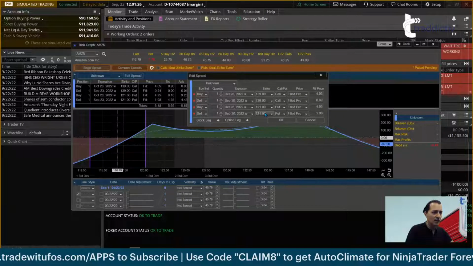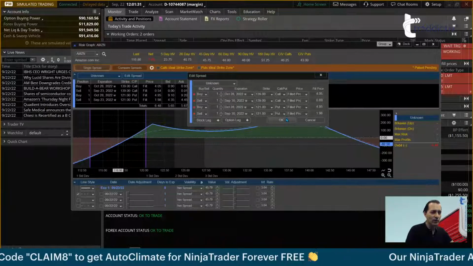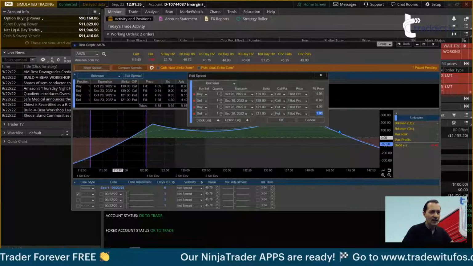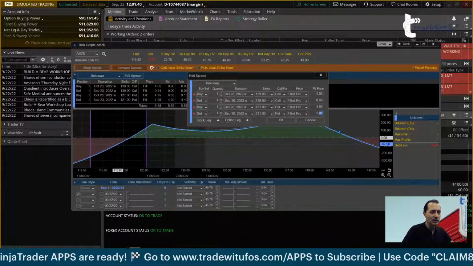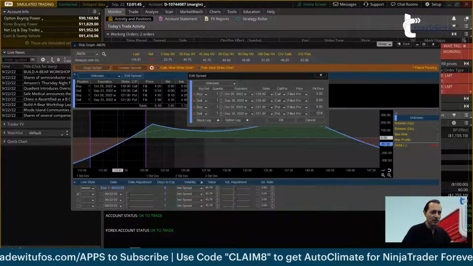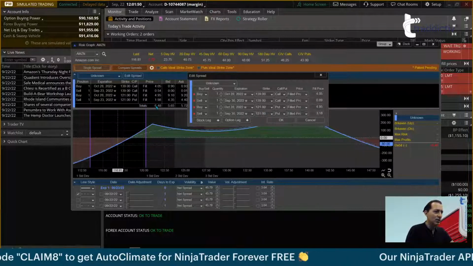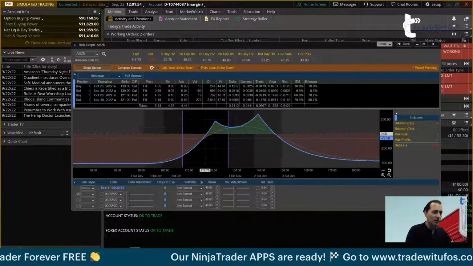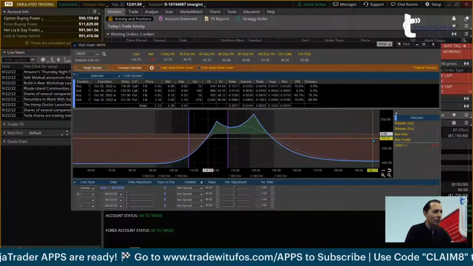my 121 would be increased by, did I say 120, right? Yes, 120. So that means that this option would be, so 20 is going to make this to be 18, and this is going to be 3. Okay, so if I do that, my $648 of risk now becomes $513 of risk. Okay, the P&L is still the same, minus $70, but we just added more premium, therefore reduce the risk.